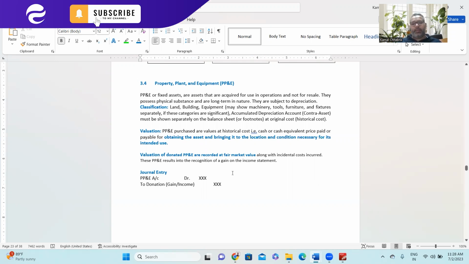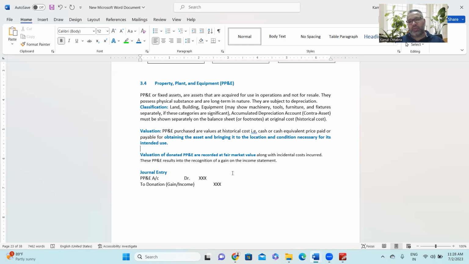Valuation of donated property, plant and equipment. So there may be a possibility that you get some donated property. Last month I was in a meeting with a university president, and I was amazed to know they have around 130 schools and 2 universities, established on more than 500 acres almost across the nation. And all this 500-acre piece of land they have received through donation only,